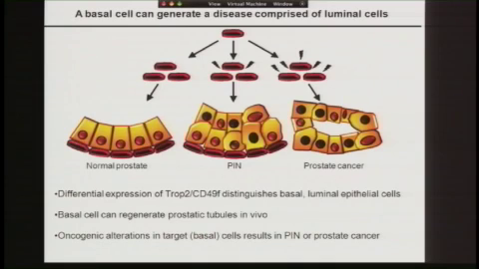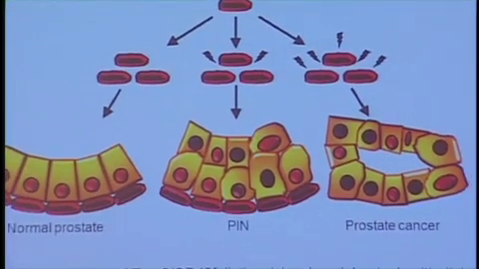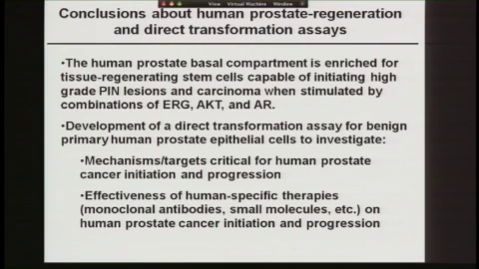So I don't think there's any doubt in my mind that at least basal epithelial cells can serve as a site for genetic damage to give rise to both PIN and full prostate cancer. And these cells defined by these surface markers should be very useful for both gene discovery, be it messenger RNAs or microRNAs. It should also be very useful for testing new concepts of oncogenesis. And I think most importantly, since they're human, for those human-specific therapies like monoclonal antibodies or enzymes for which drugs are significantly different between the mouse and human species, I think provide a very useful tool, not for the discovery of new therapeutics, but perhaps for their testing in preclinical trials.